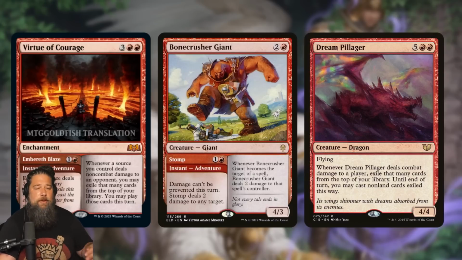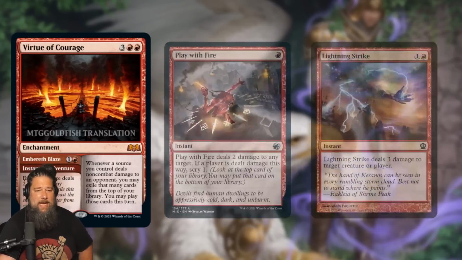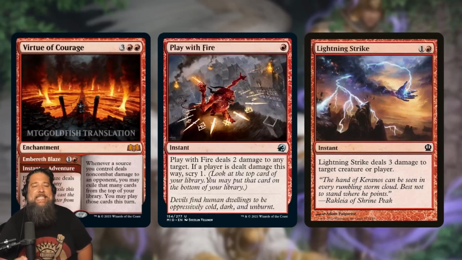There's tons of impulse draw in red, but we've never had it trigger based on the amount of non-combat damage you can deal. So if you think about standard mono red, right now the 2 most popular burn spells, Play with Fire, Lightning Strike. As a burn spell, Virtue of Courage is worse than those. It's 1 more mana than Play with Fire, it's 1 less damage than Lightning Strike, but the fact that you get an okay burn spell and then this really powerful enchantment, I think makes this a standard staple for mono